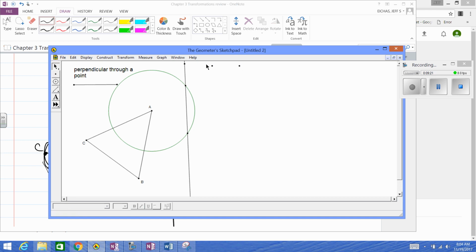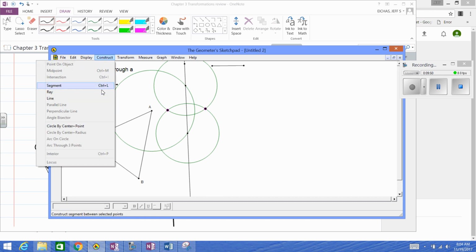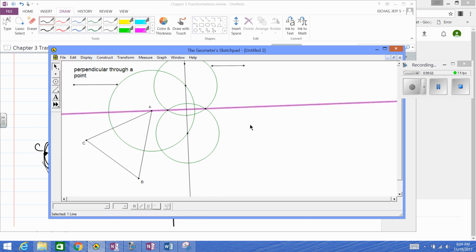Okay. What I'm doing is I'm picking a radius that is at least more than halfway between these. So I'm going to put my first circle there. I'm going to use the same radius, but I'm going to center it there. Not very, we should try to have a bigger overlap. So go a little bit bigger radius. And that path should give us a perpendicular to the mirror. Okay? Now,